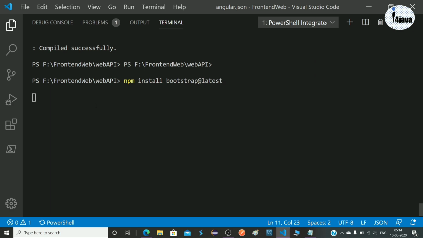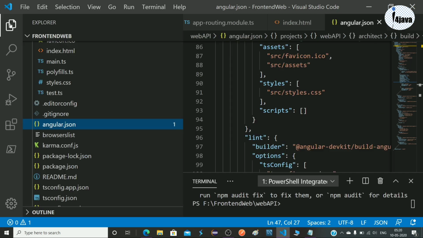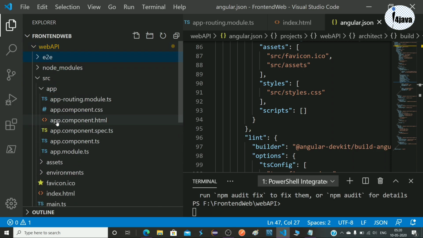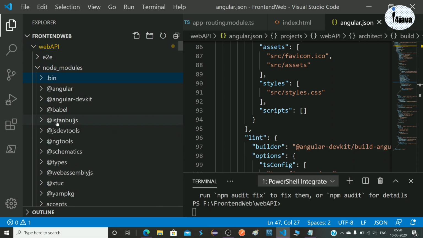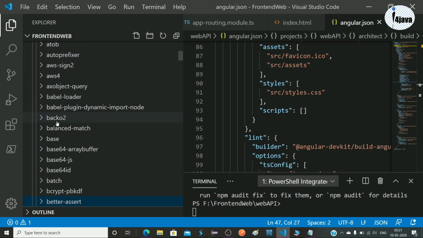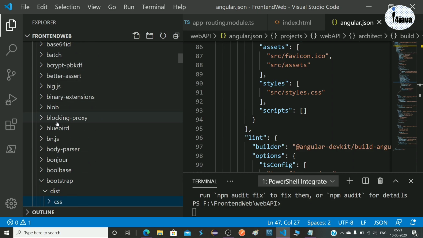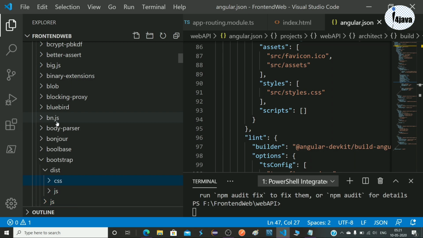It will take time to install. There will be bootstrap.js and one is style. For that we are using CSS, and we have to add the address of our Bootstrap file. So let's check where it is. Go to app module and from here go to bootstrap, then dist, then css.